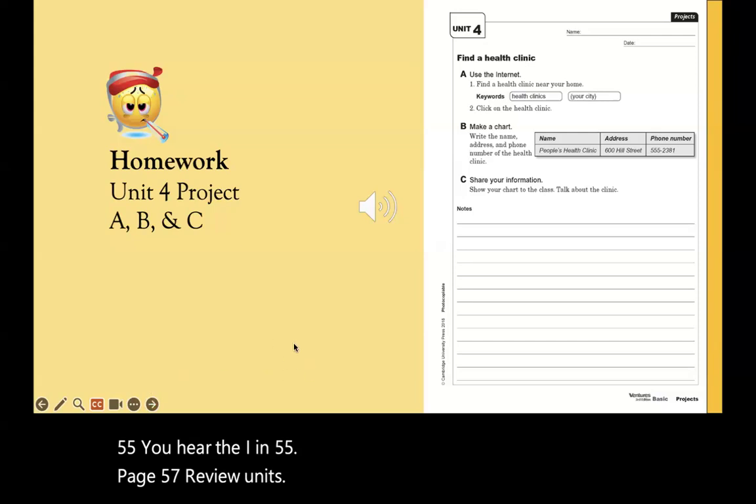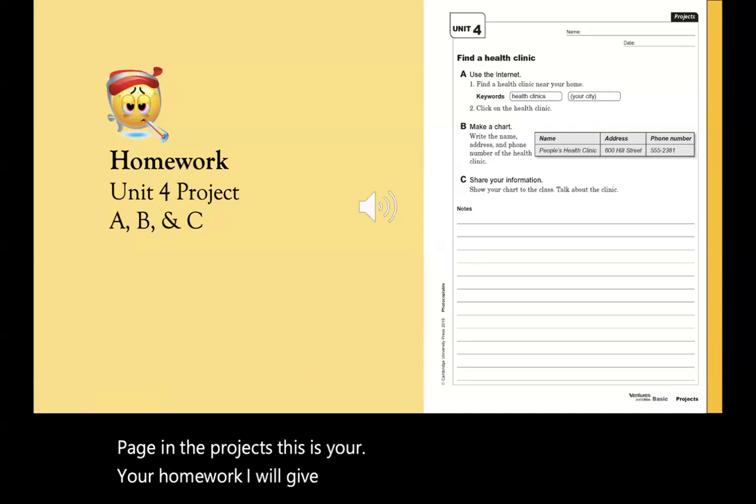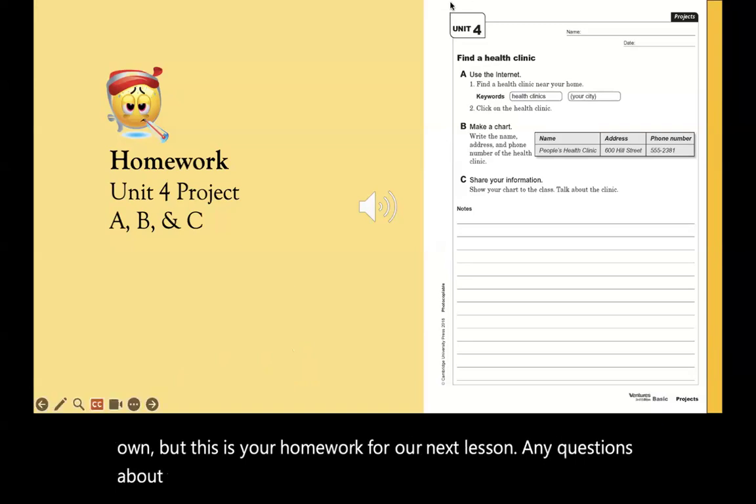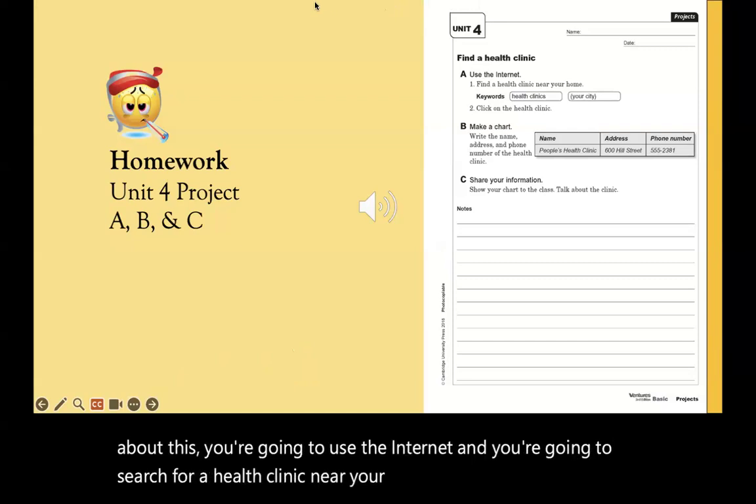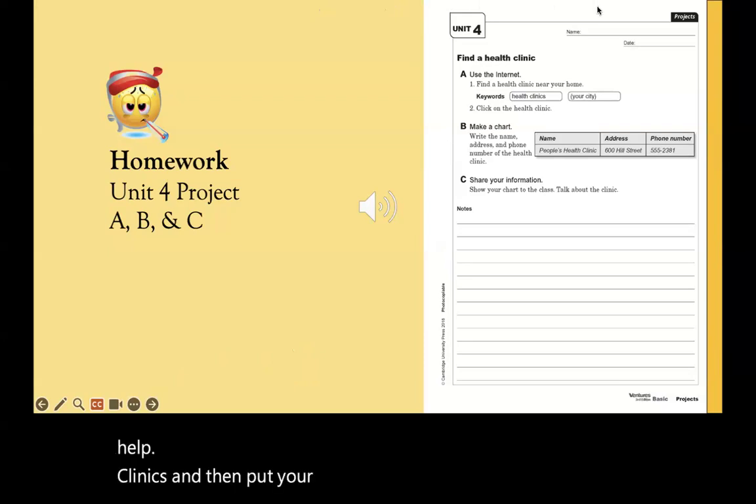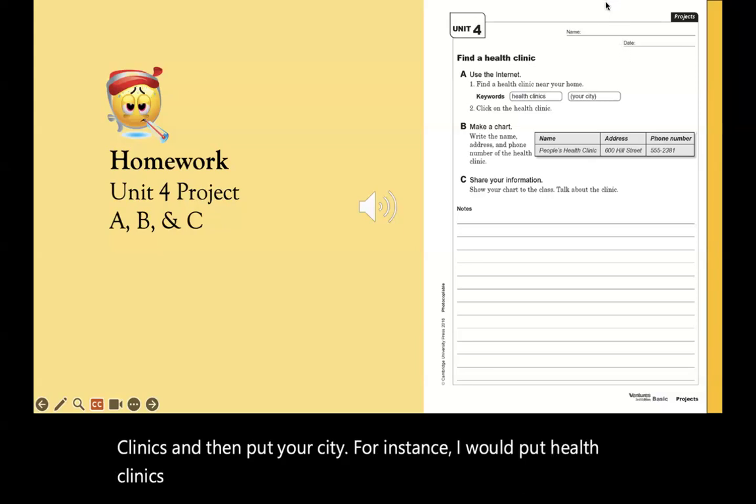Page in the projects, this is your homework. I will give you a handout or you can make your own, but this is your homework for our next lesson. Any questions about this? You're going to use the internet and search for a health clinic near your home. You'll put health clinics and then your city. For instance, I would put health clinics, Tulsa. And then I would find one that is near